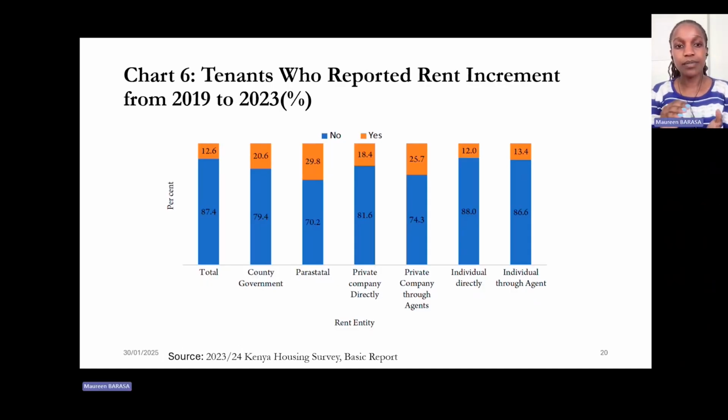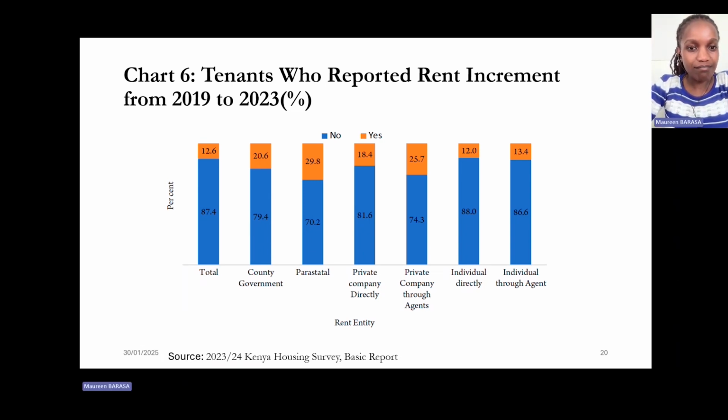Then chart 6 will be looking at tenants who reported rent increments for the last 5 years, that is between 2019 to 2023. And the total, that is at the national level, at least 87.4% of tenants reported to not have their rent increased, and only 12.6% reported to have their rent increased. So from this, yes, the orange bits, we can see that